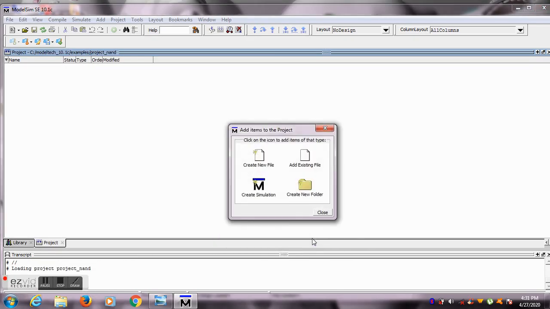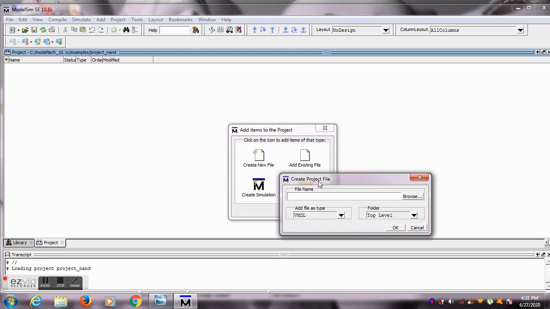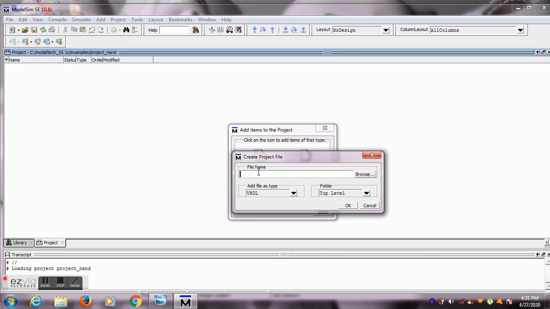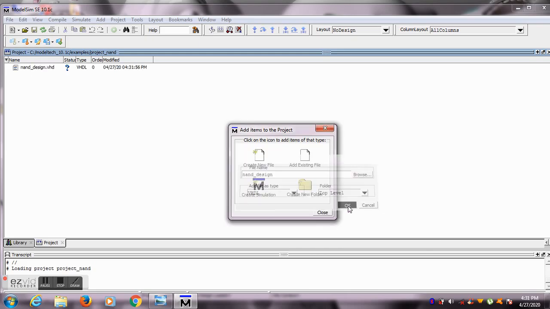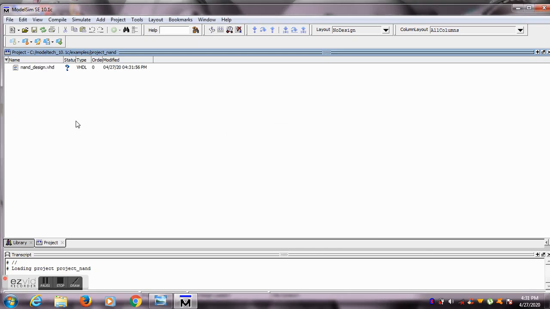Click on OK. Then click on Create New File. Then give a file name. Click on OK. Close this window.